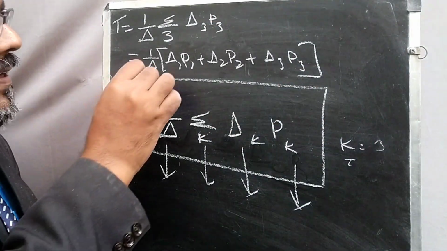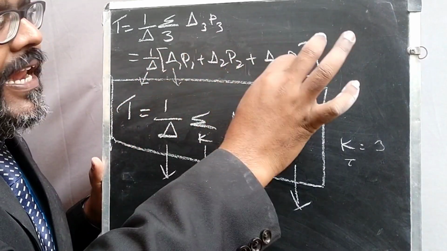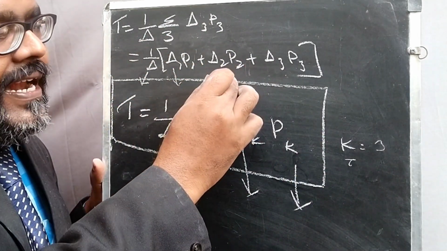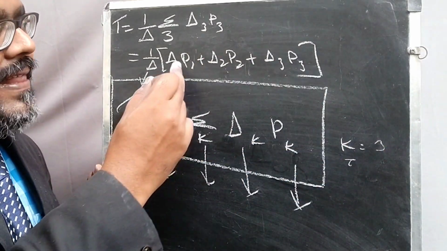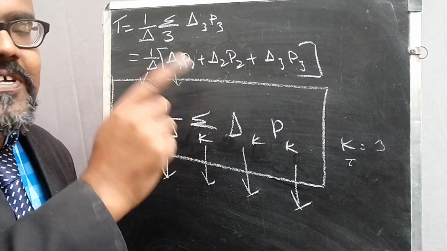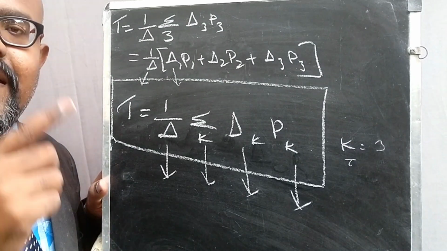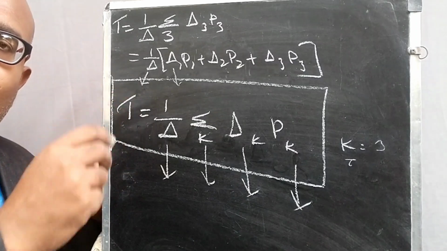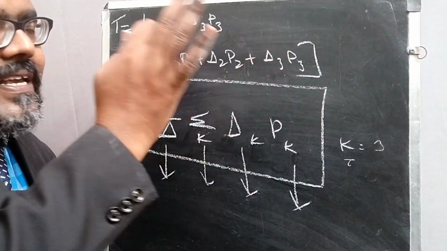We know that there is a separate formula for del. We know what del 1, del 2, del 3 are. Del 1 is the loop that is not touching the first forward path, del 2 is the loop that is not touching the second forward path, and likewise for the third. Then P1, P2, P3 are the forward path gains: P1 is the first forward path gain, P2 the second, P3 the third. Then the individual loop gains and pairs of individual loop gains all come into this formula. Once you calculate all the variables successfully, we substitute everything here.